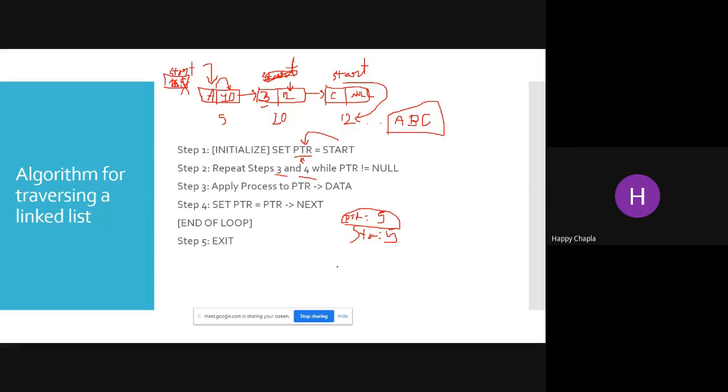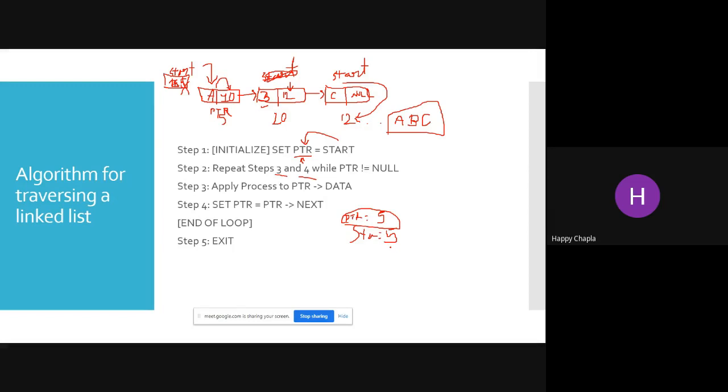Now my PTR has two portions: the first portion is known as the data part, the second portion as the address part. Understood? Yes or no?